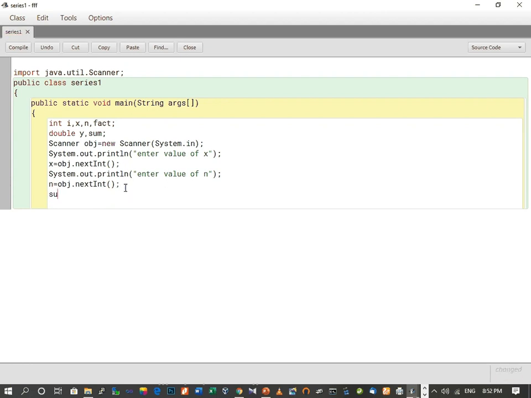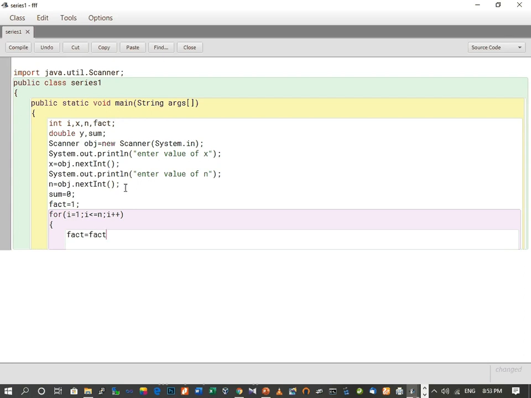Now we will put a value to sum. We initialize sum equals to 0, and to fact we will initialize 1, because if we write down 0 then the factorial value will always come out to be 0, as we have done this factorial program before also. So now we will apply the for loop for I equals to 1, I less than or equal to n, whatever value user enters, I plus plus. First we will find out the factorial value. So fact equals to fact into I,